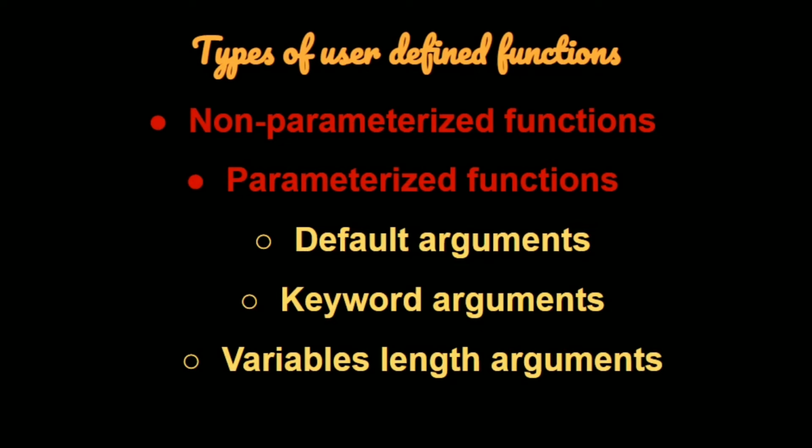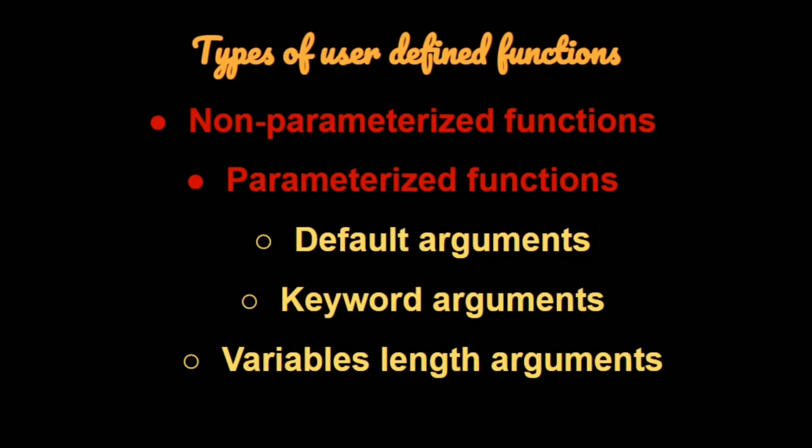Without that, it would throw us an error that at least a single parameter is required and none have been provided. So that is parameterized. That is, you pass some variable or a parameter inside it to work upon. And non-parameterized is not necessary. Like the addition function that we just saw, we didn't pass anything inside those two parentheses, right? So that is known as non-parameterized.